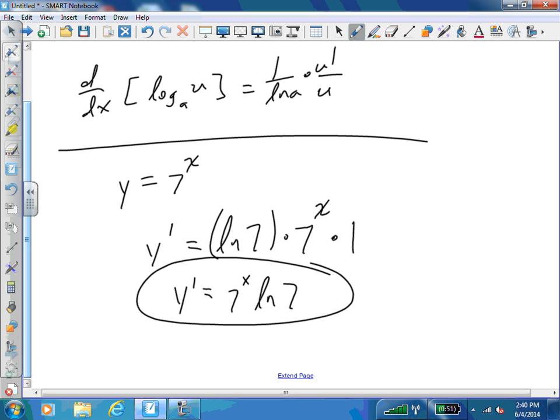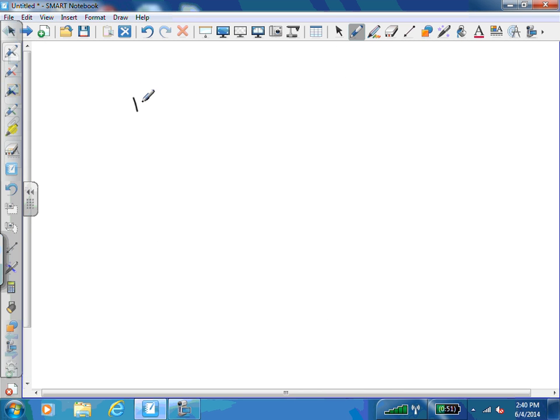Let's see, let's do another one. Let's do that one. The key is just recognizing what formula we're using for this derivative. We have a constant base, a variable exponent, so that derivative is natural log of the base, and what's our base? 4